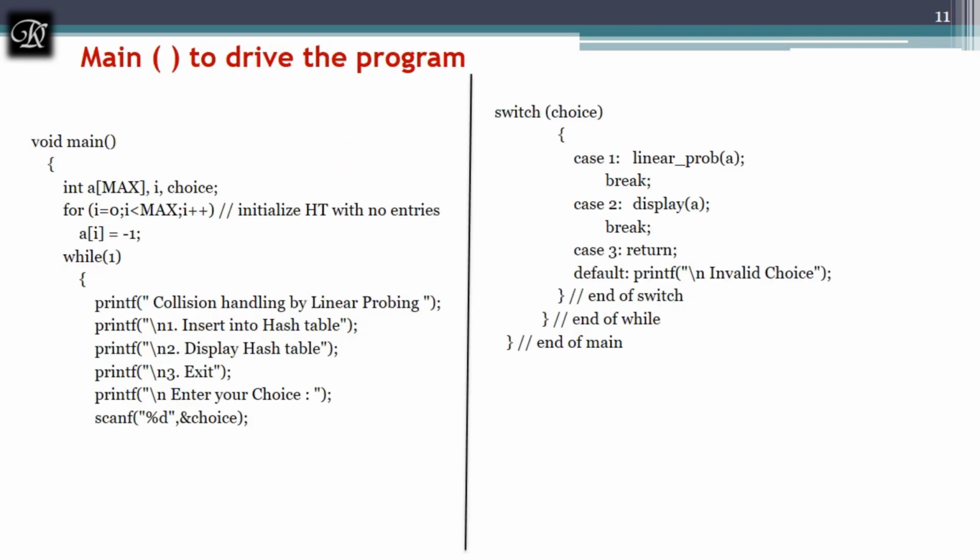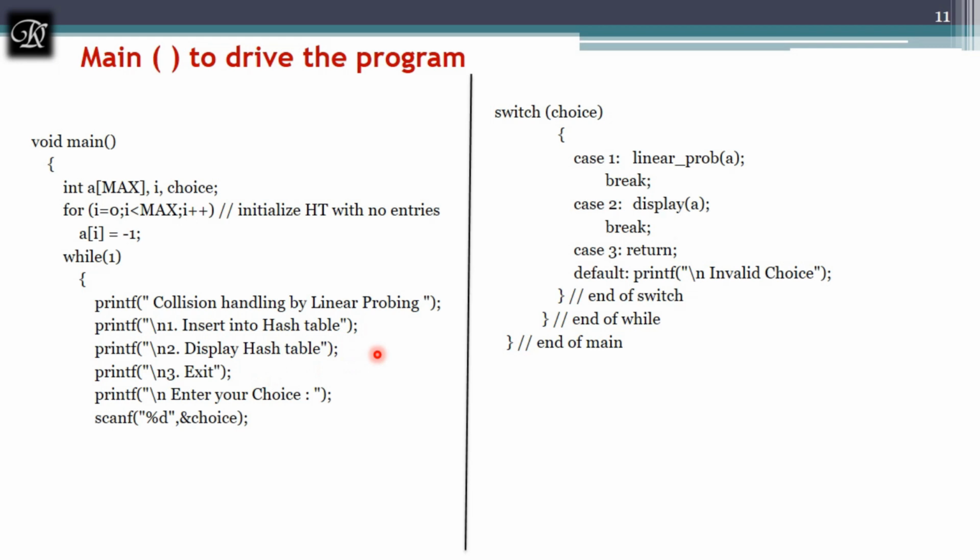The main program goes like this, where we have a first for loop. I told you initially I'm assuming that the hash table is empty, so I set it by storing -1 in all the locations of the hash table. Then we give you a choice for insertion, display and exit.